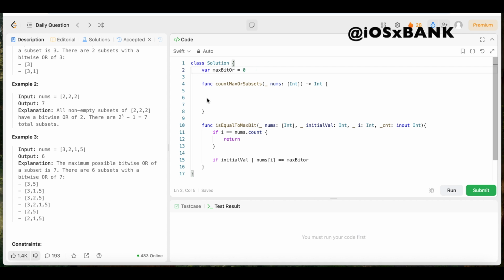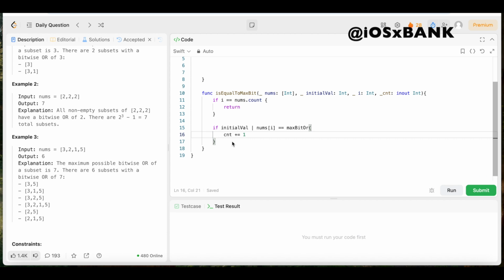Then what we're going to do is come back right here. Sorry, this should be capital. Come back right here, open up the brackets, and say CNT plus equals 1. Now, for our recursive case 1, we're going to include nums of I in the subset and move to the next index. So for that, we come right here and we're going to say is equal